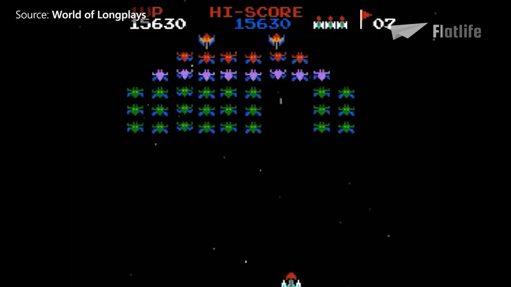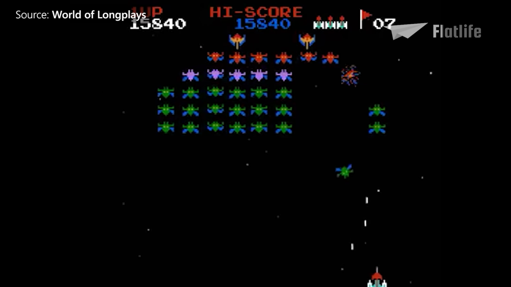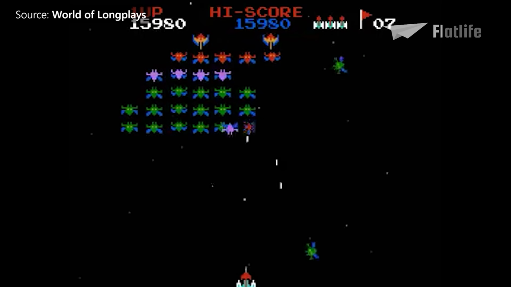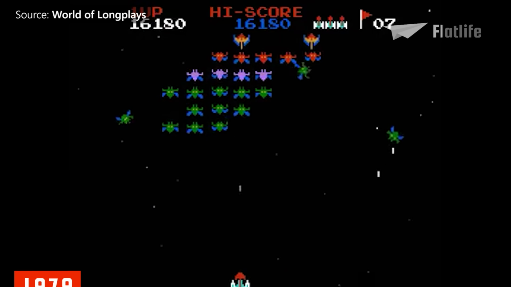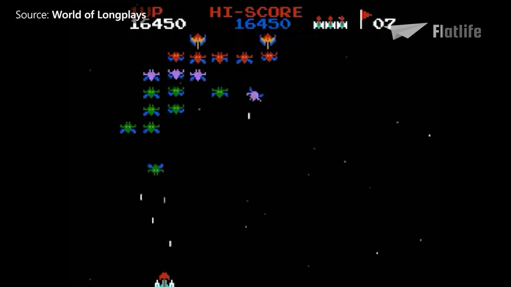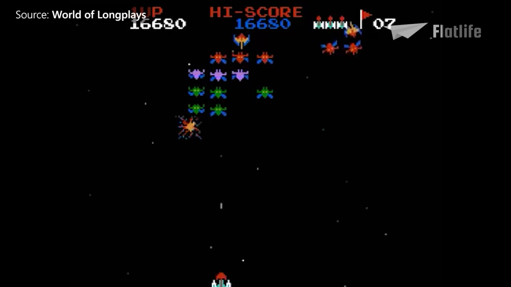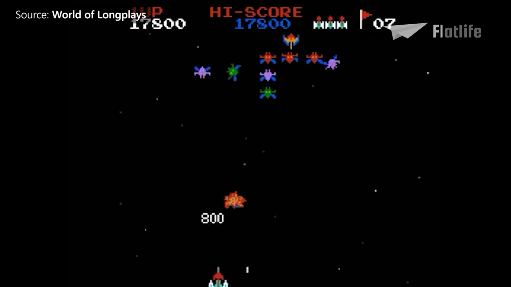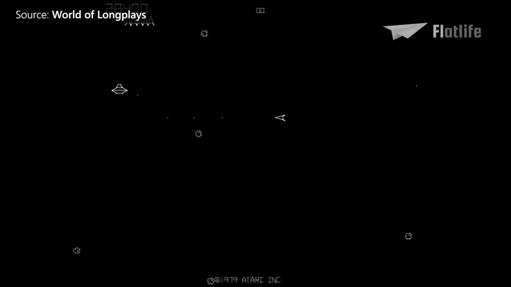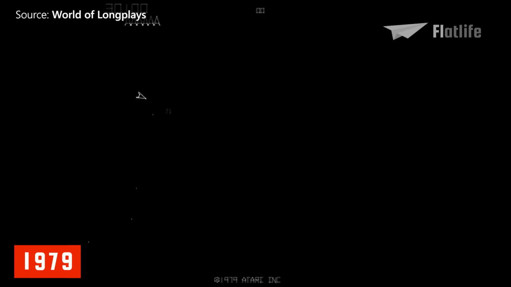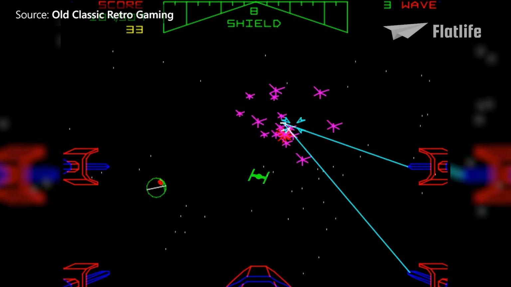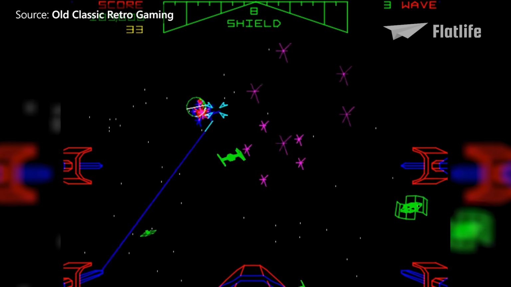Almost at the same time, RGB color graphics were becoming more popular, allowing for animated multicolor sprites. In 1979, Galaxian was released and became one of the first games to feature RGB color graphics. Unlike most video games before that time with static backgrounds, Galaxian also had a scrolling effect. Another significant development in video game graphics during this period was the introduction of vector graphics. Popular games used these vector graphics, including Asteroids, a space-themed shooter released in 1979, and Star Wars, released a few years later and was praised for being one of the greatest video games at the time.